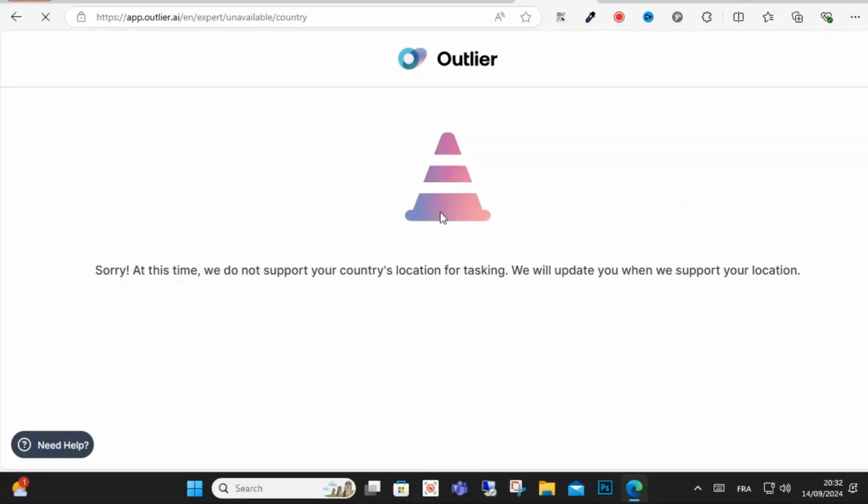After that, click continue, and you will directly see this message: we don't support your country. In my case, guys, this doesn't support my country, and if your country is supported, you will be redirected to your